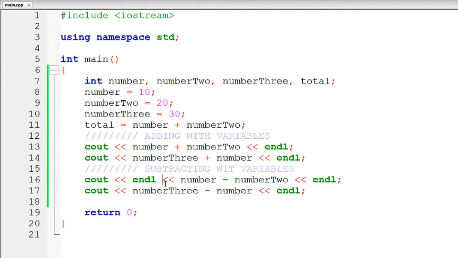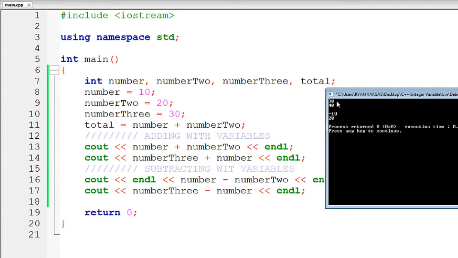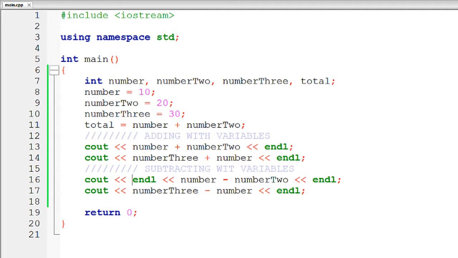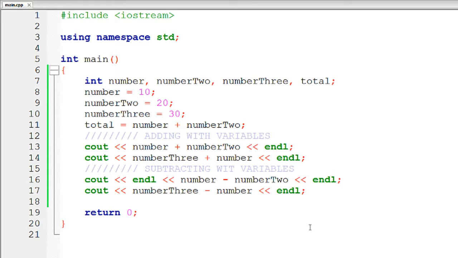So build and run. You don't need to, but it's just so I can show you. So here you have, this is where we are adding 30 and 40, and here we are subtracting. This space right here in between the two numbers, that's what the endl does. So I threw that endl so we can distinguish what we're working on. So yeah, number minus number 2, 10 minus 20 equals negative 10, and 30 minus 10 equals 20. Moving on